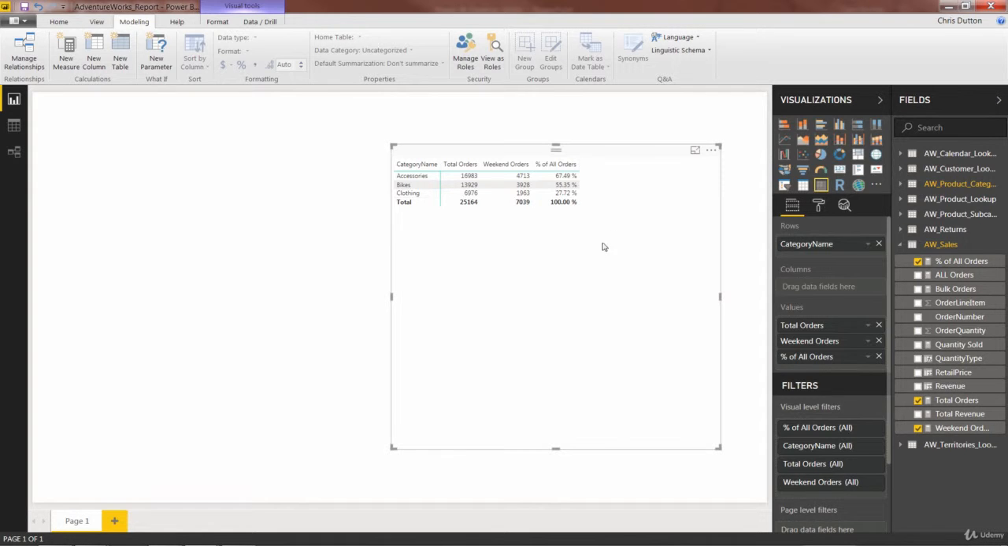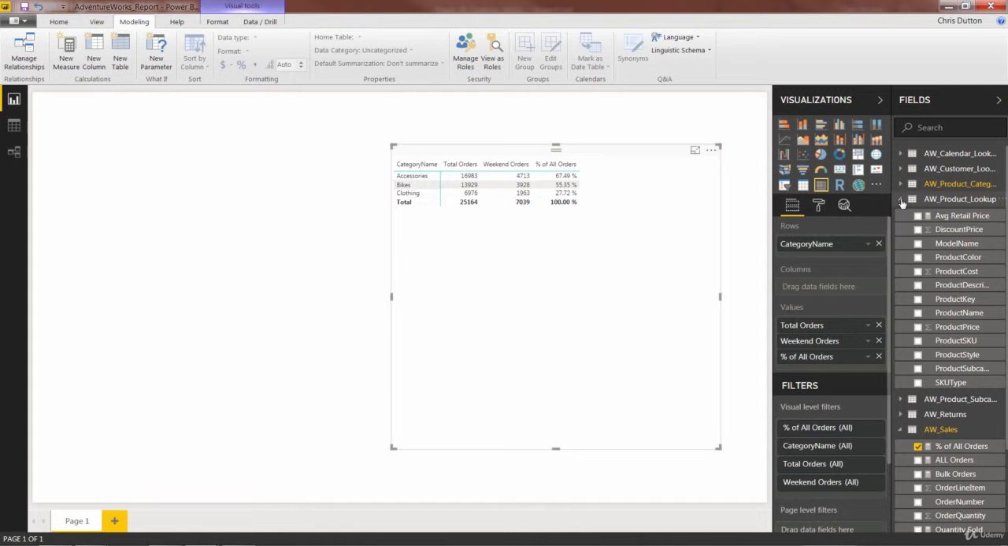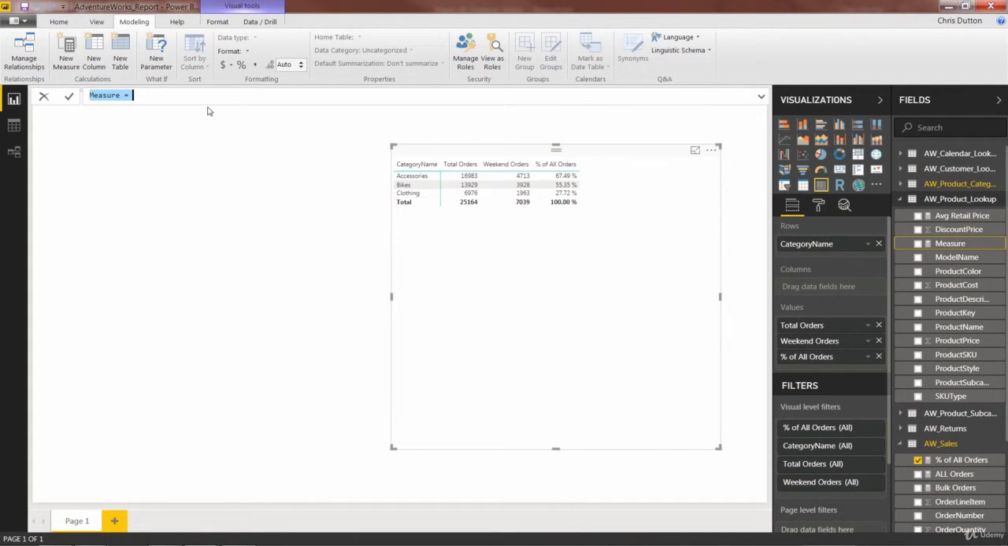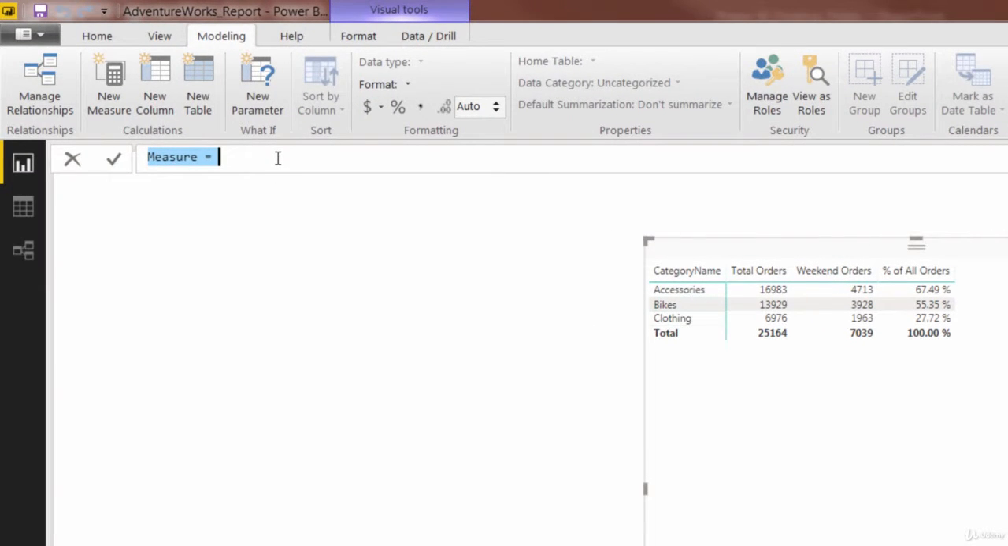I'd like to add one more measure, this time to our product lookup table. So I'm going to right click, add a measure within product lookup. And for this one, I'd like to calculate the average retail price, or the average product price across the entire table, which will essentially give me a single number that captures the average price across the entire product set. So let's name this overall